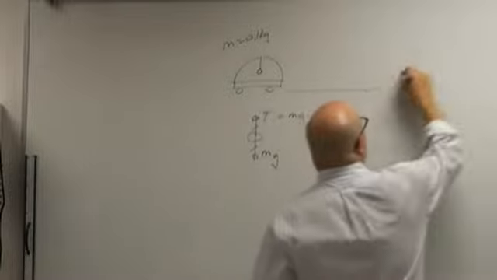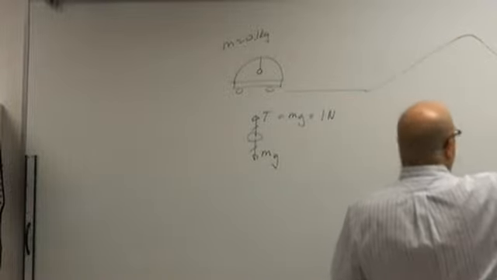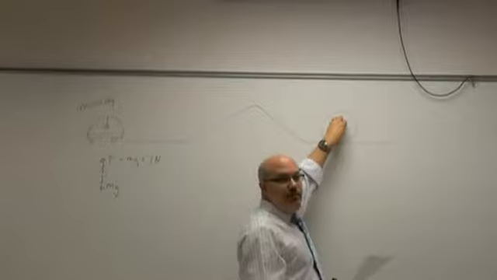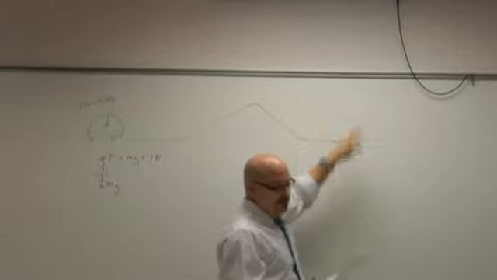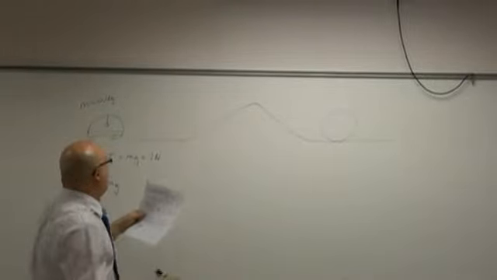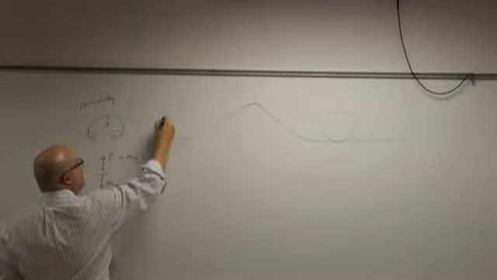All right, now, it says it goes through this track. And it goes up, over the top, and then through a loop. All right, and the loop part is the part that we haven't quite covered yet. So we're going to cover that today. All right, so on the way up, it says, first it's right here. So when it's right here,